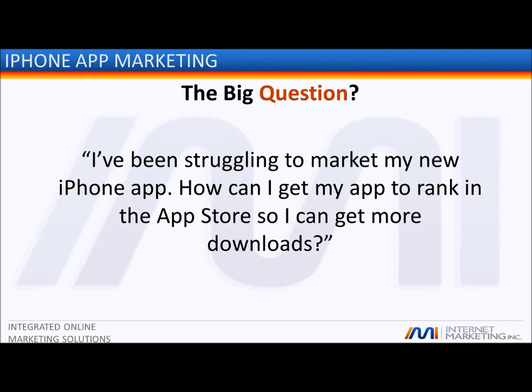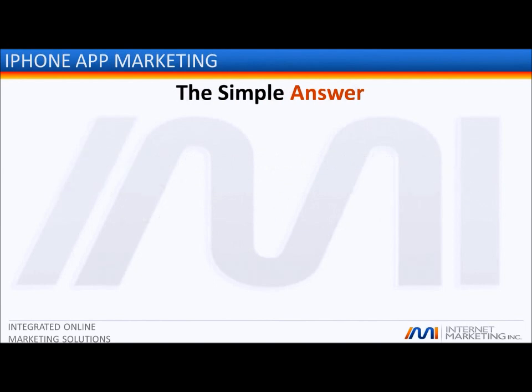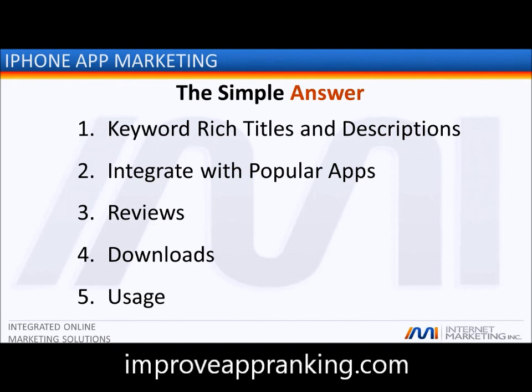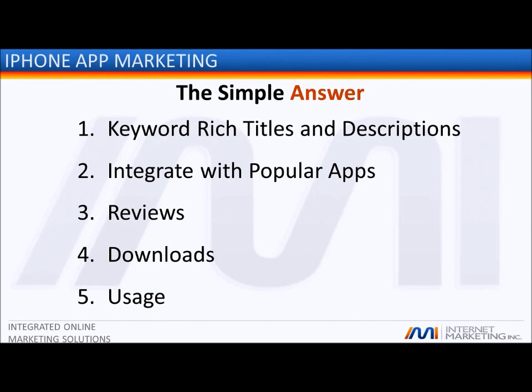However, before I get to the answer, it's important to note that what I'm sharing with you is based on our understanding of the App Store and iTunes algorithm, and no one really knows the truth behind the App Store algorithm, just as no one really knows everything there is about the Google algorithm. If you want to rank high in the App Store, there are 5 points to consider. You want keyword-rich titles and descriptions. You want to integrate your app with popular apps, get as many reviews and downloads as possible, and increase the